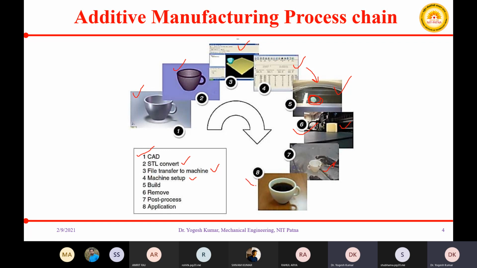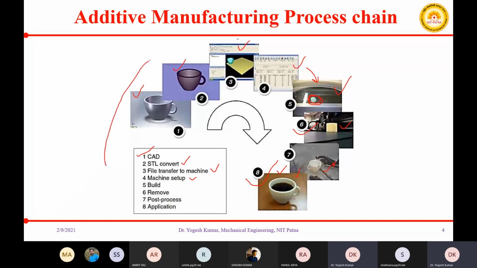And then the eighth one is application: your cup is ready, so you can drink tea using this cup, or water or hot water, or whatever application you want to use your final product for.